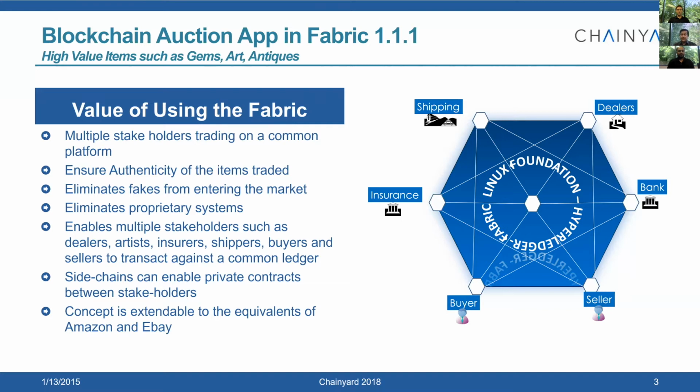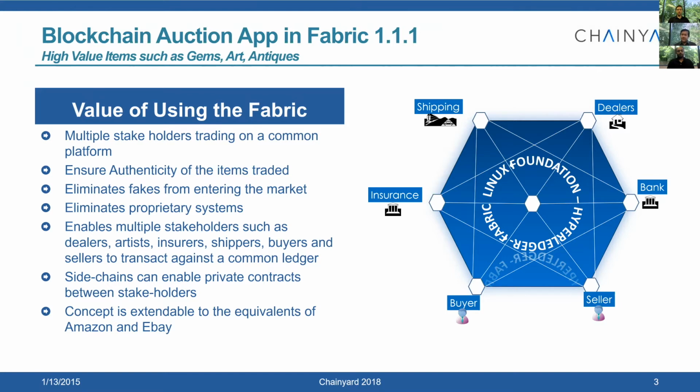Early on, back in 2016, we had written an application called Auction on the Blockchain. At that time, our purpose and intent was to understand how the Fabric works. Fabric is a blockchain platform that IBM has developed and contributed to the open source community. Our intent was to see how we exploit features, and how we write a front-end application that can talk to the blockchain. These were all very curious questions when blockchain was still at its infancy.